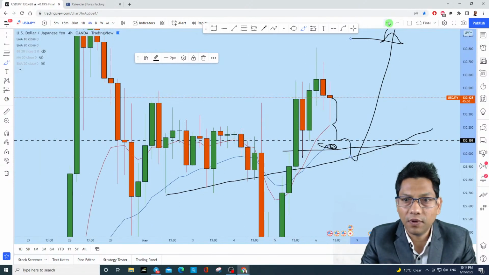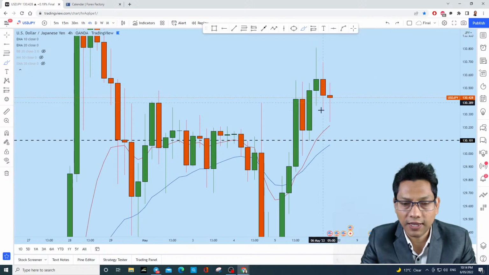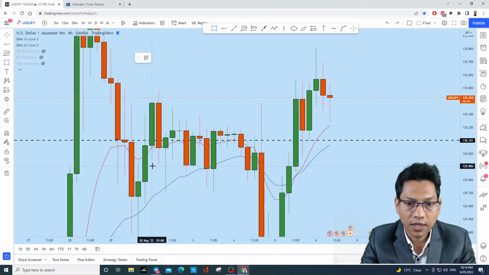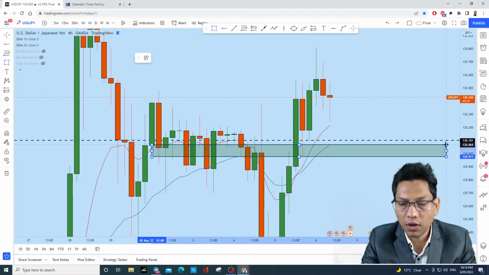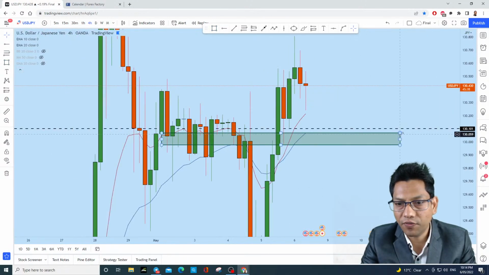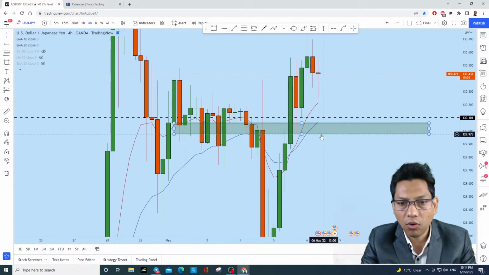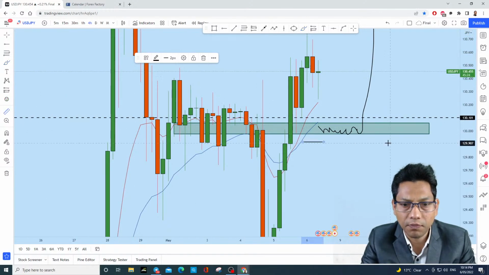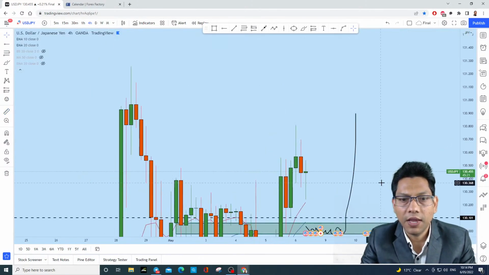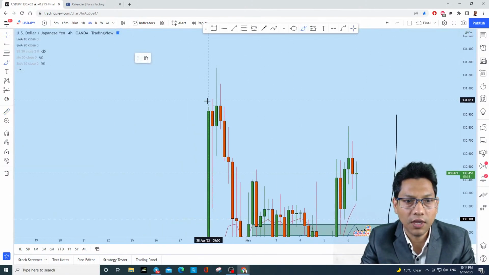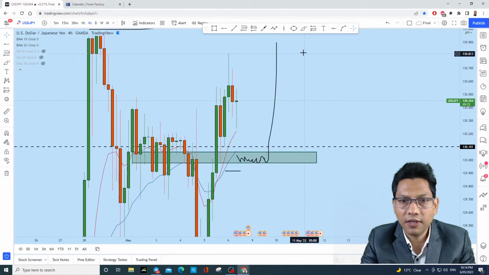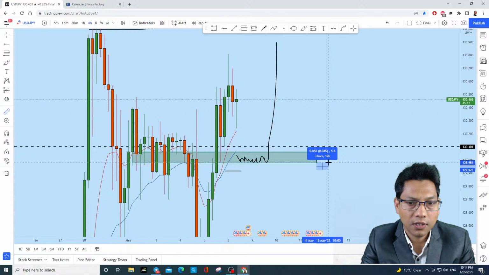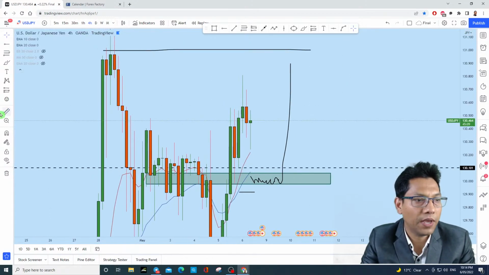Now you know the territory. So what I will do, as soon as dollar yen comes here, is go to the 5 minute or 15 minute time frame to see how the price action is forming in this zone. As soon as I see a reversal pattern on 5 minutes or 15 minutes, I will buy dollar yen, keeping a narrow stop loss, maybe 8 pip, 9 pip, and I will set my profit target here. So if I am right, I will risk, say, 8 or 10 pip, and I will target